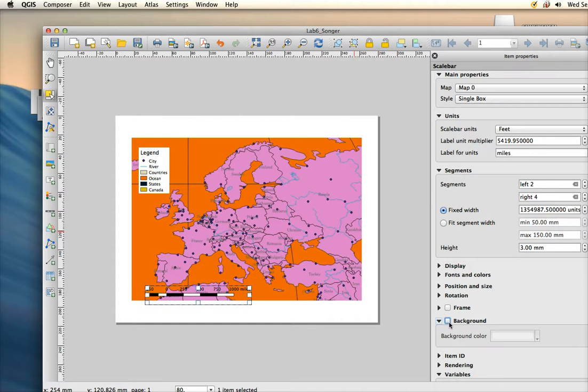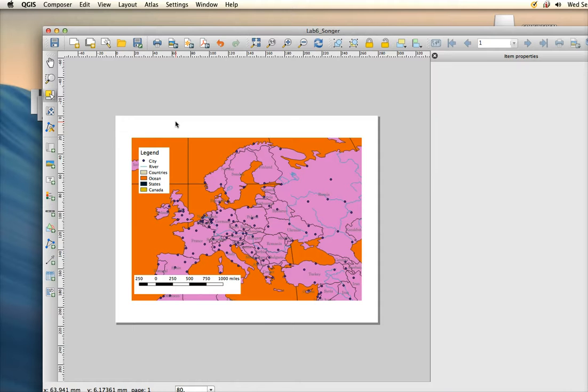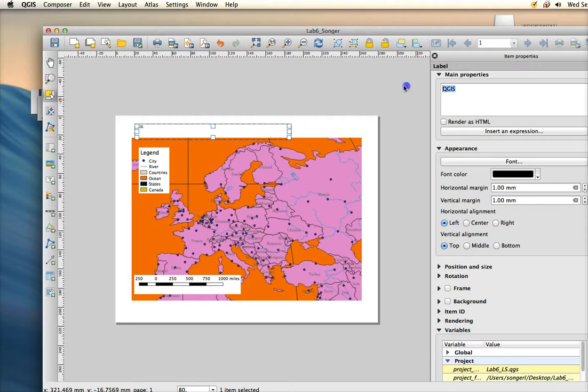I could put a background on that if I didn't want the other countries to show through there, so it matches kind of my legend there. It's not so pretty, but it would work. All right, I'm going to put a title, and actually I'm going to delete that title. I'm going to put another one. Click on the T. I'm going to draw a large area,